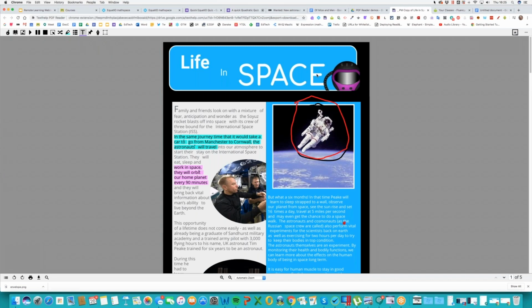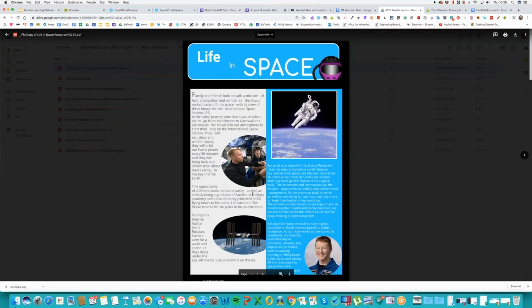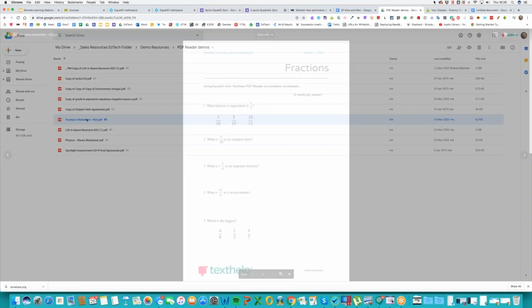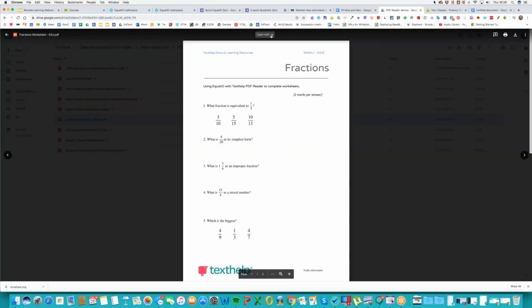But what I want to do first of all is just maybe go back to a different document here, okay? So let's think about how exactly a student might use that tool. So I'm going to go down to something simple here, which is, let's see where we are. Let's go to fractions, okay? So here's a fractions worksheet. Now let's say what we've just done is we have previously assigned this out,